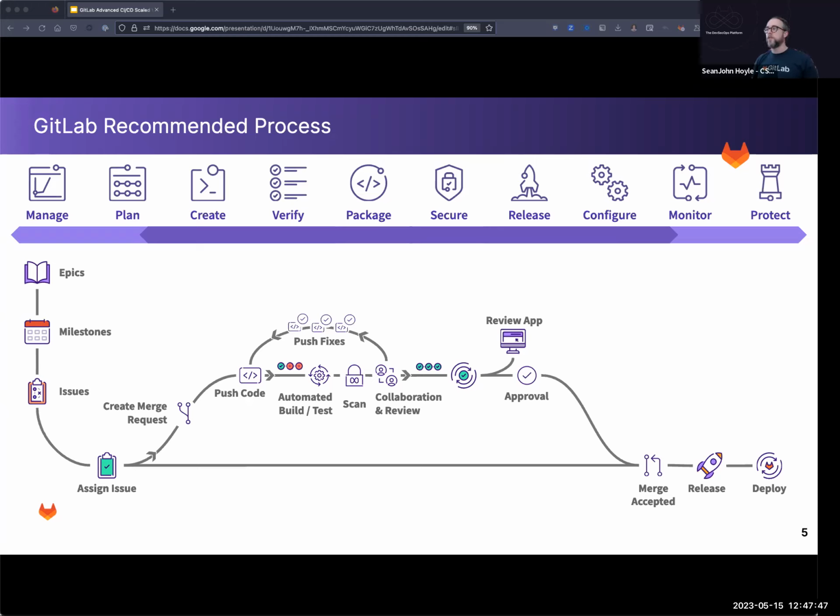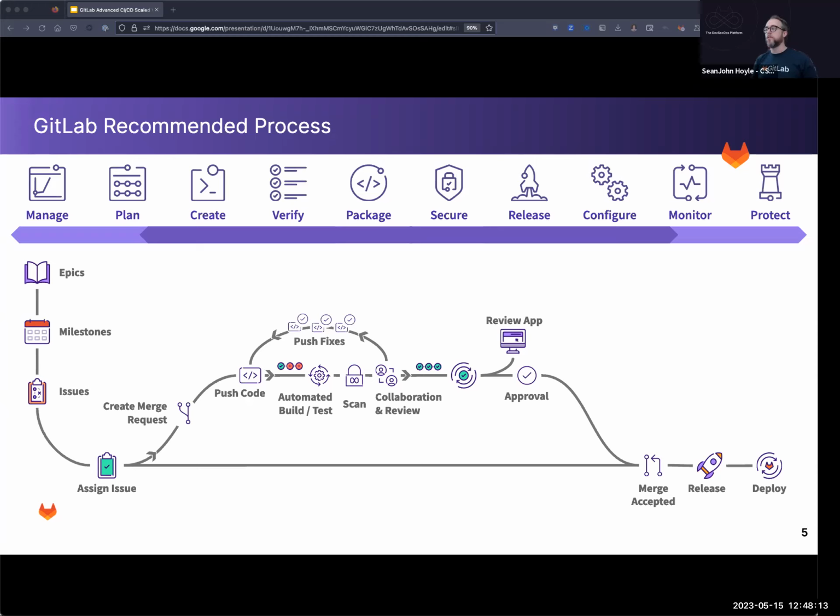And so we do that so that it becomes evident to the rest of the team that, yes, I picked up this issue, and yes, I have a work in progress merge request, so that you can immediately start to bring the right stakeholders so they can see that when you push code, which will automatically trigger our CI/CD pipelines by default, unless you configure it to do otherwise. So that every change is basically running linting, static analysis, and you're getting a really fast feedback loop